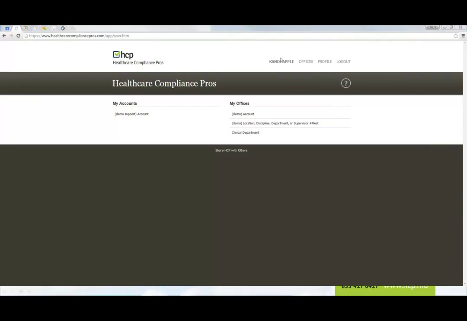Like Michelle said, for those that have been using the service for many months or many years, in the past we used to have an office admin access level, and as you can see on your screen with our test account here, if you had more than one office, you did have to be a user inside that office and able to manage it. This has caused some issues for some clients. Sometimes they accidentally took their training in an office that they didn't want to, or they were taking their trainings